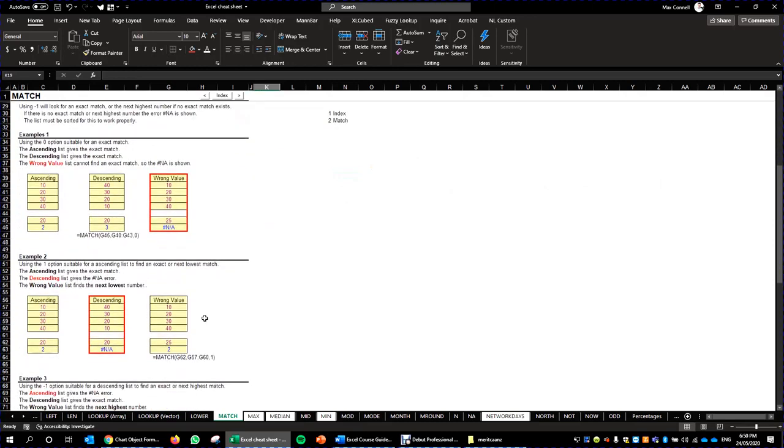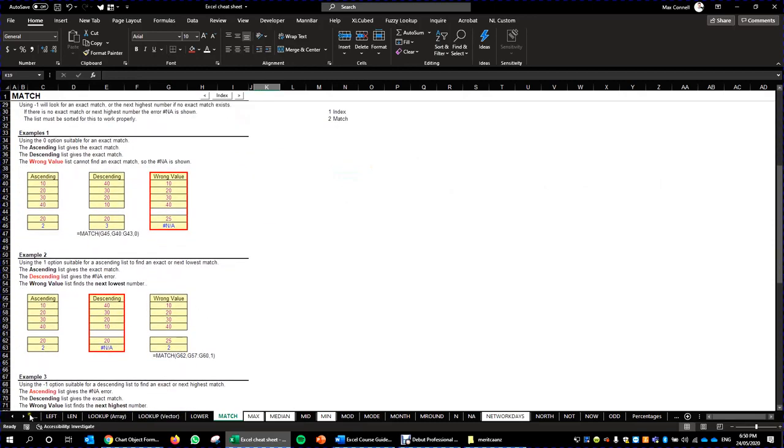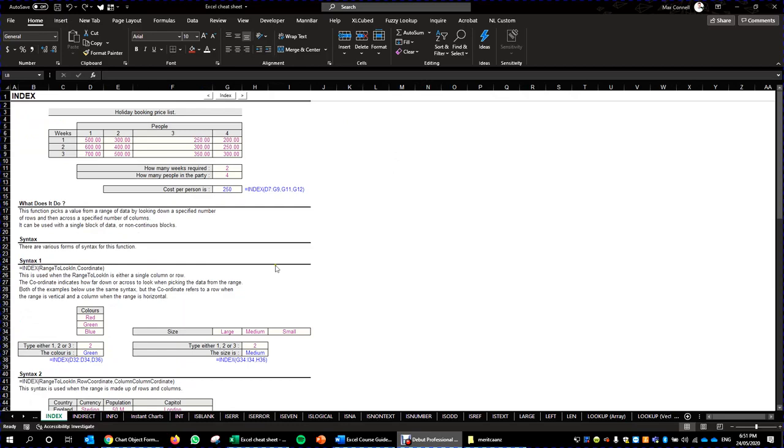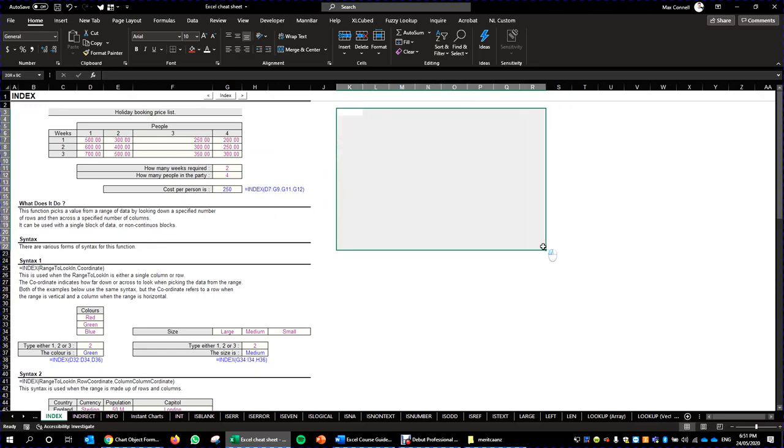So let's now look at the index formula. The index formula is a way of returning a value in a cell in which we specify the array, the row number, and the column number. So basically we're going to have a list of values like this that I've selected over here, and then Excel asks us to tell us which